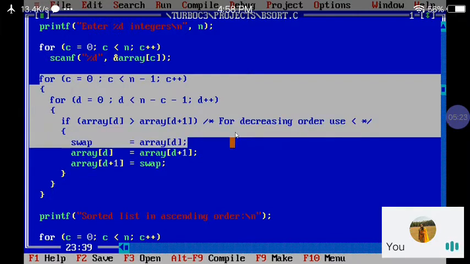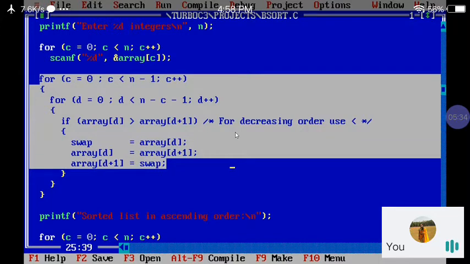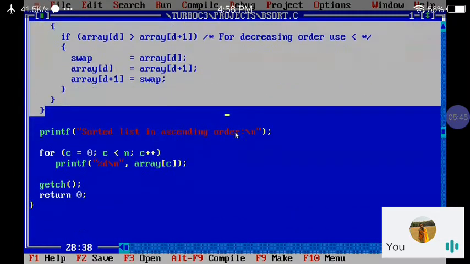For swapping, I have taken one variable: swap equal to array of d, array of d equal to array of d plus 1, and array of d plus 1 equal to swap. So this process continuously works up to the complete iteration, or up to the complete sorted order of elements, by this algorithm, that is bubble sort.